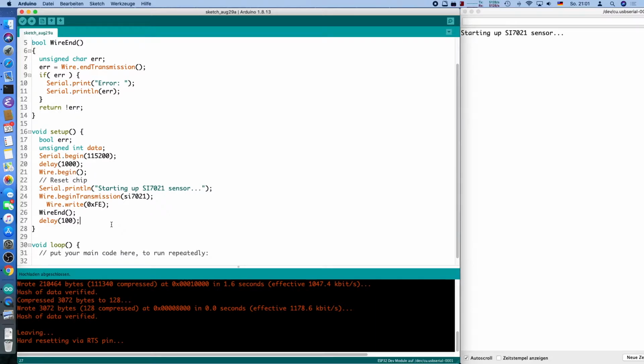Now let's try to get the firmware version, because that should give us an error. Get firmware revision. On this chip at least. If you have a genuine SI7021, then you should be fine. But for proof of my theory that it won't work, we will code this. So we will do another transmission to the 7021,